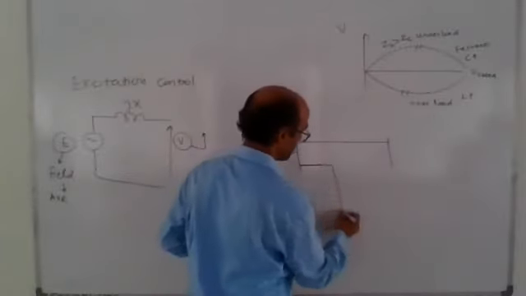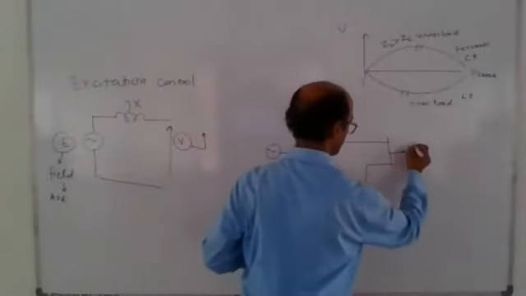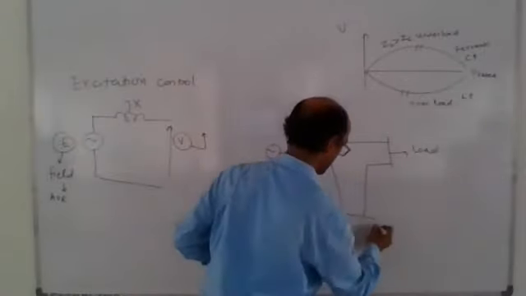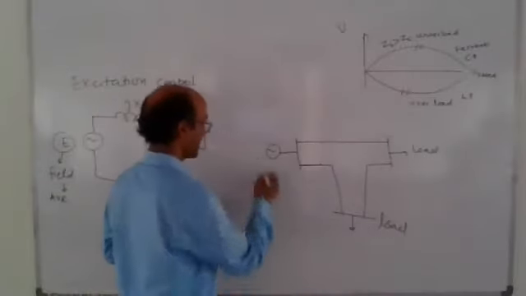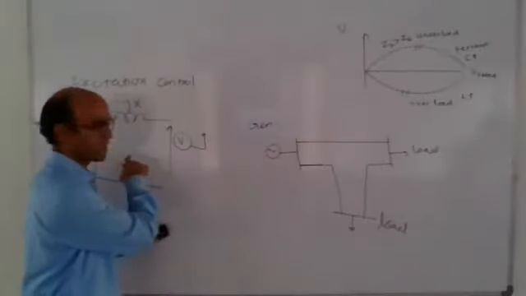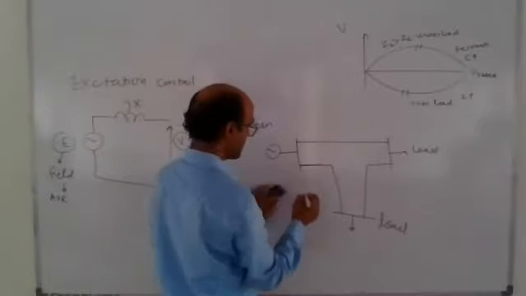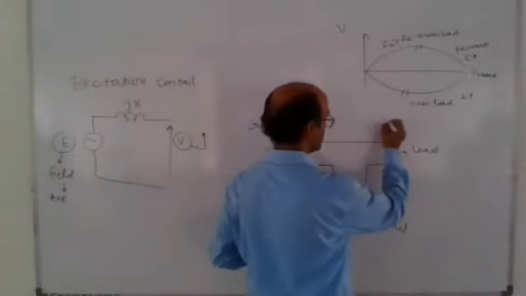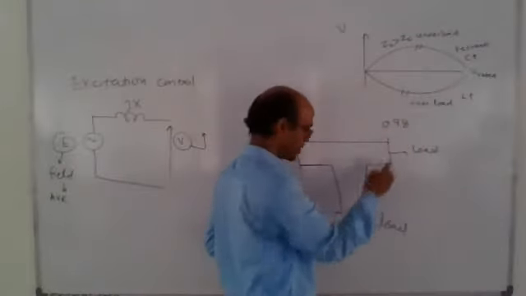Similarly, this is connected to another bus. Suppose this is a load bus, and this is also a load bus. These two are load buses, and this is the generator bus. This generator can be represented by this, so it has a terminal voltage VT. Suppose its voltage is 0.98. So there is no need to control voltage here.